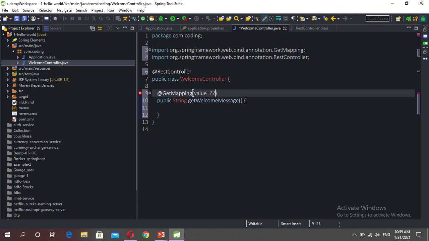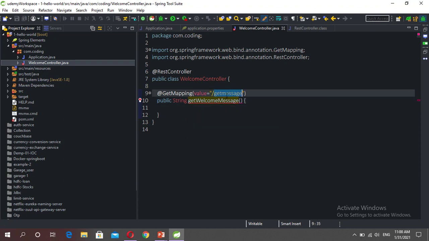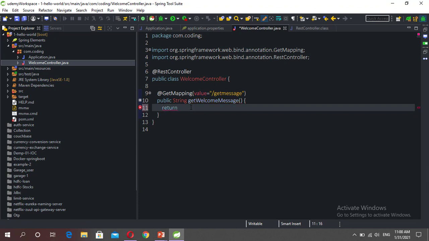Value is equal to, in double quotes, get-message. If you want to access the getWelcomeMessage method, you need to access this endpoint, get-message. Then we simply return Hello World.